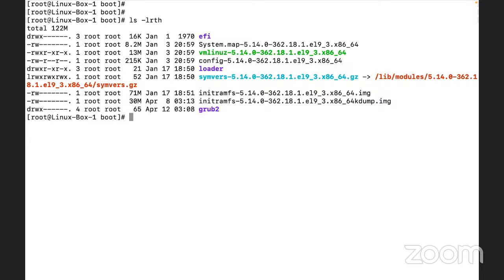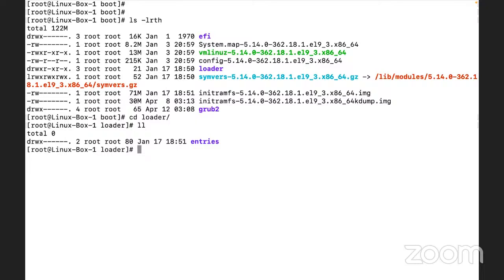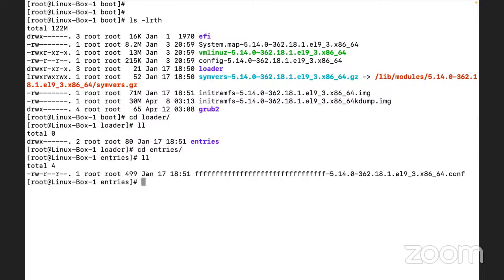Okay. One more, there are some other subdirectories. Let us say if we go to loader, what is it? Entries. If we go here, there are some files landing here. What does that mean? Multiple files, then after, the kernel version. This is the kernel version. And guys, one more command additionally I'm going to tell you: if you need to check what kernel version is running here, uname -r.